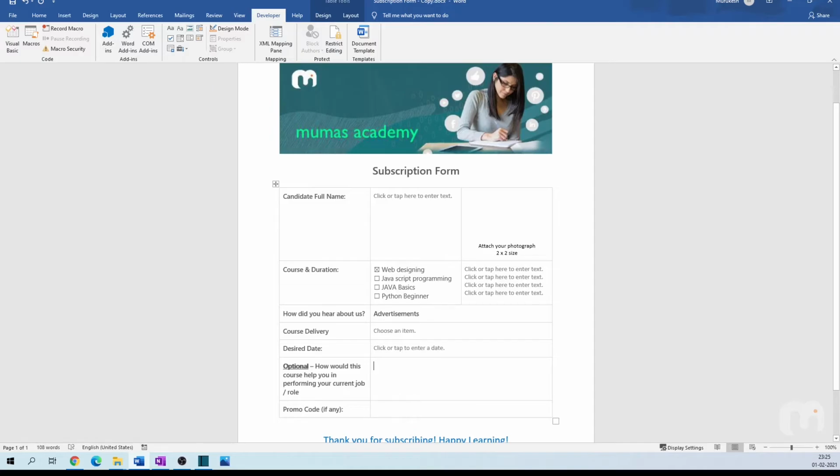The next question is an optional question and we wanted to understand the customer's intention or purpose to take this course. By understanding this, I believe we could tune up the content to meet our customer's expectation. For this one, I wanted to insert a rich text content control and I'll also highlight what the difference is from the plain text. Here, let's insert a rich text content control. For the next one, with the promo code, I am simply going to insert a plain text content control.